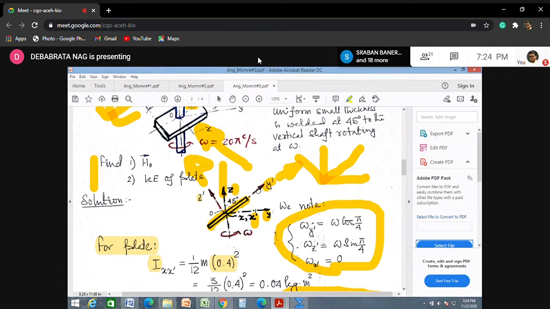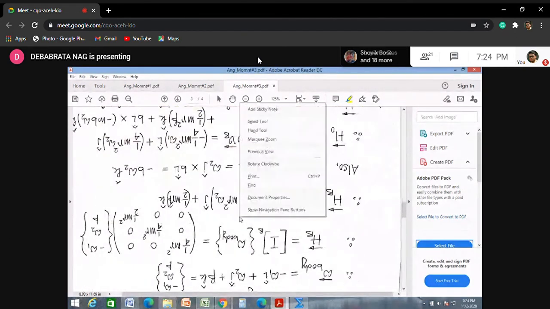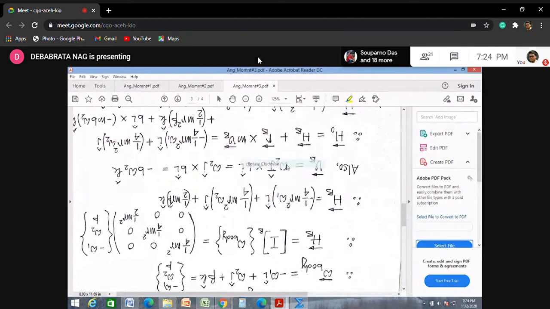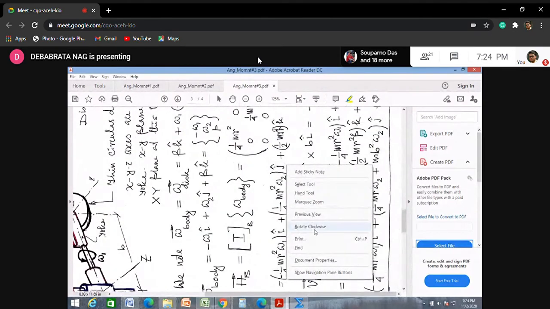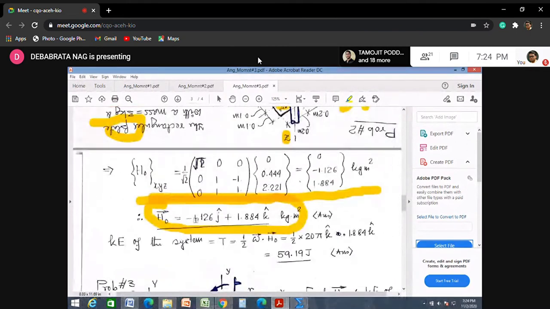So in this case, the z component will be plus, because both of them have positive components. Our final answer must have zero angular momentum in the x direction, the y angular momentum term will be negative, and the z angular momentum is turning out to be positive. So either you can do it in that way, or you can do it with the matrix transformation.